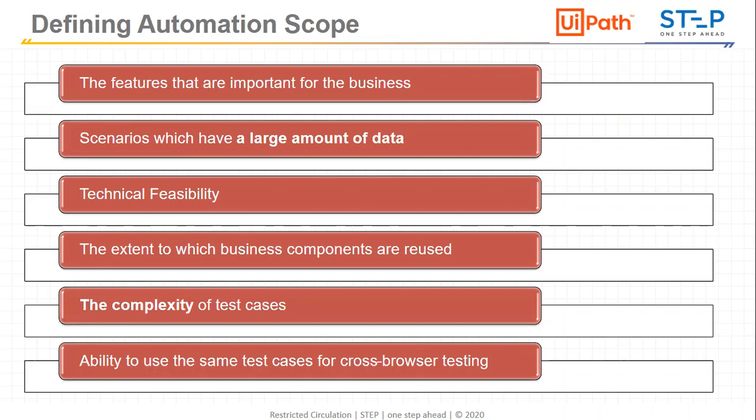The complexity of the test case: definitely if the test case is very complex and I need to create a long kind of journey for that, I need to see how I can divide that complexity into small parts, and maybe I can use that particular thing but not with the high complexity. So if I want to automate a scenario where there is a larger business scenario, I can divide it into 2 to 3 parts, and then I can see how the complexity will come into the picture.